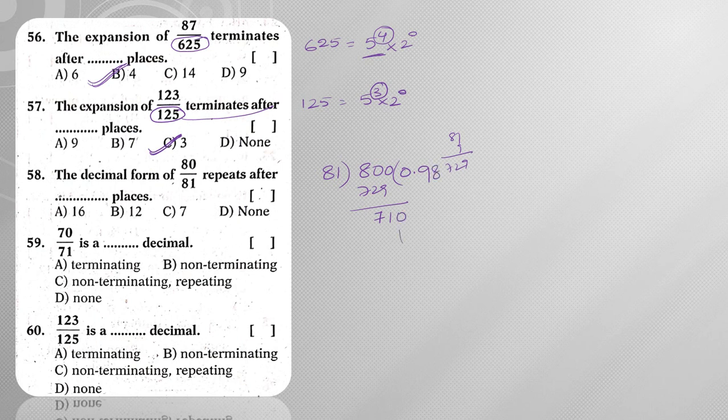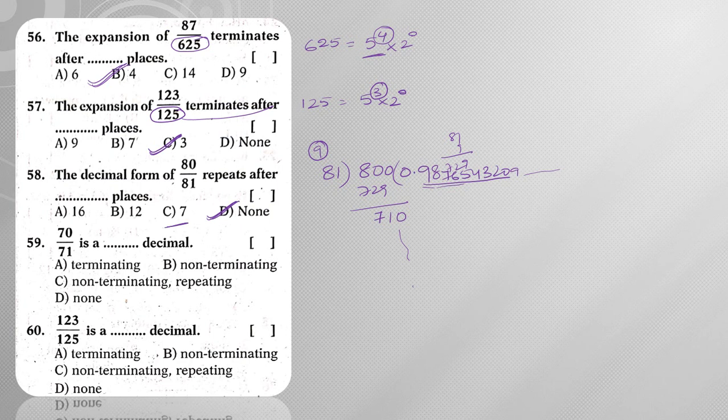Next, 8 times. Likewise, if you continue, we are going to get the same repetition. So you will get 0.98, and then 987654320, again 987654320. So if you observe this totally, after every 9 decimal places it will repeat. But in the options we don't have 9 as the answer, so hence the answer is option D, right?